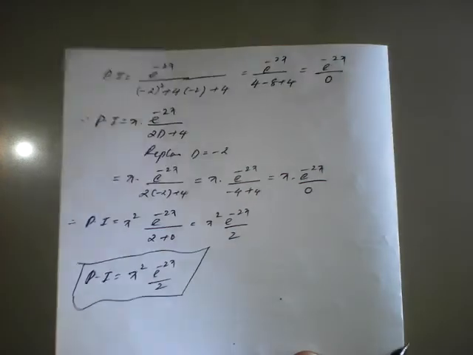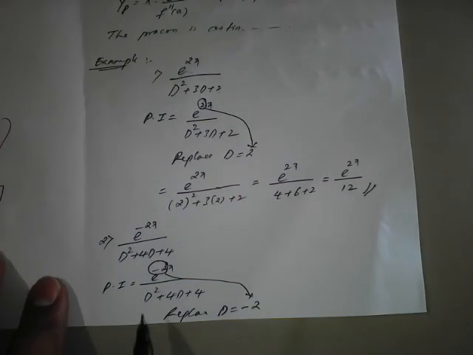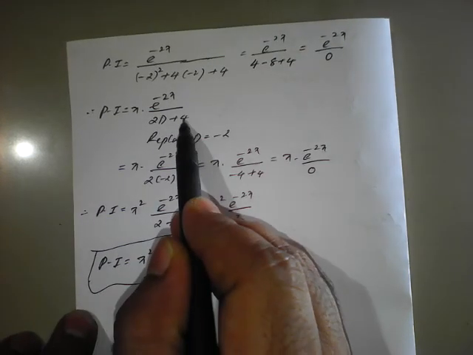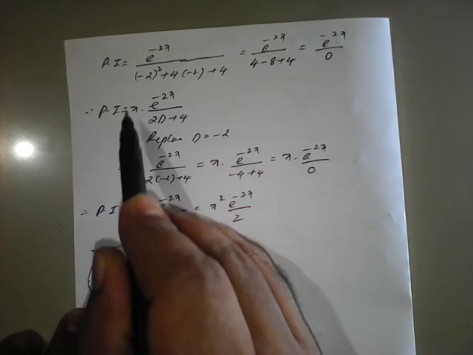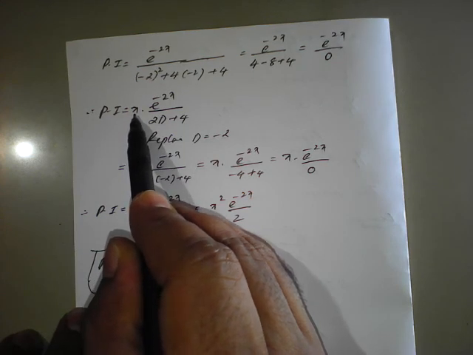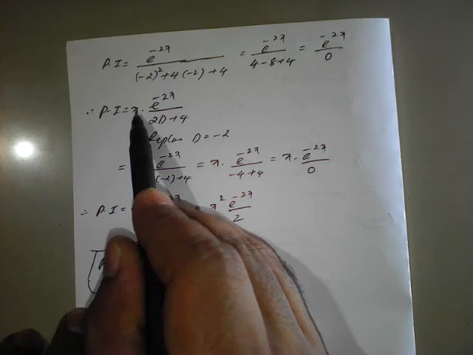We have to go back to the given question. So we have to differentiate this D square plus 4D plus 4, how many times? 1 time. Differentiation of D square is 2D, differentiation of 4D is 4, but differentiation of 4 is 0. So we get 2D plus 4, and since we are differentiating 1 time, we need to multiply by 1 x also. This is the compulsory rule of type 1. So x as it is.